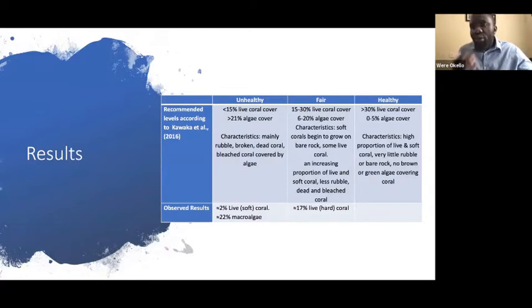For fair, it would be between 50 and 30% live coral cover, and between 6 and 20% algal cover. And then healthy corals would have more than 30% of live corals and 0 to 5% algal cover. So in our results, we found that the majority of our corals were fair, where we found some areas that